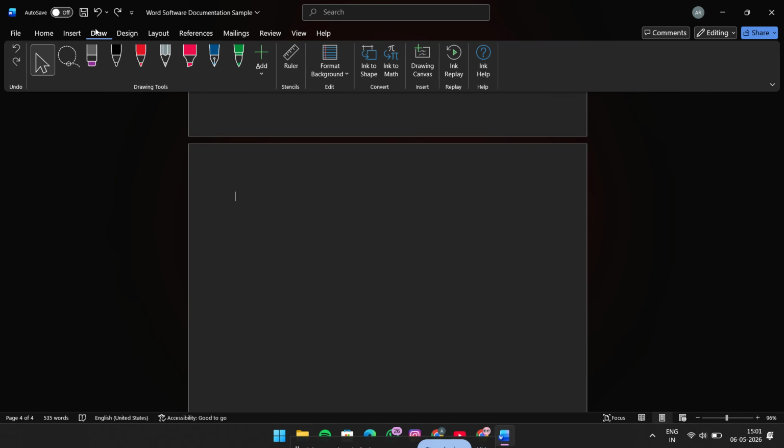Once you're in the Draw tab, look for the Insert area within the toolbar. In that section, select Drawing Canvas. As soon as you click it, Word will place a drawing canvas directly into your document. You can then use it as a dedicated space for drawing, writing, or arranging ink-based content without it floating loosely